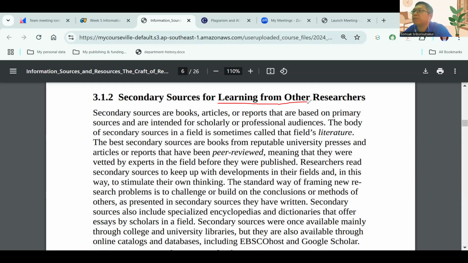Primary sources are about originality. This original material is what we call primary sources. But for secondary sources, we use them when we learn from others or from other researchers, that we call